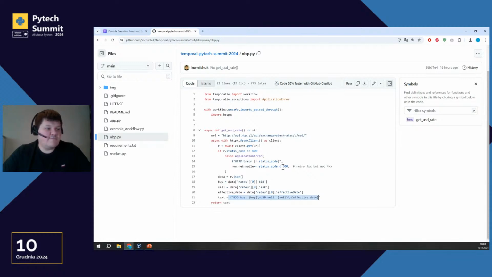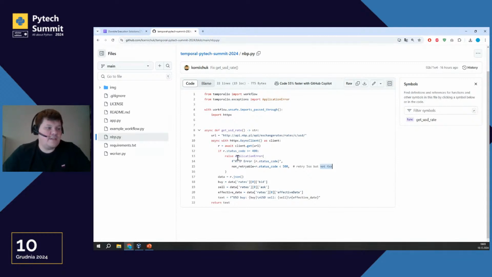And when we have errors like 404, we need to time out and stop this activity, because it's not an issue with the server, it's an issue with us, like the 404 error, cannot find page. And we can use all concepts from Temporal.